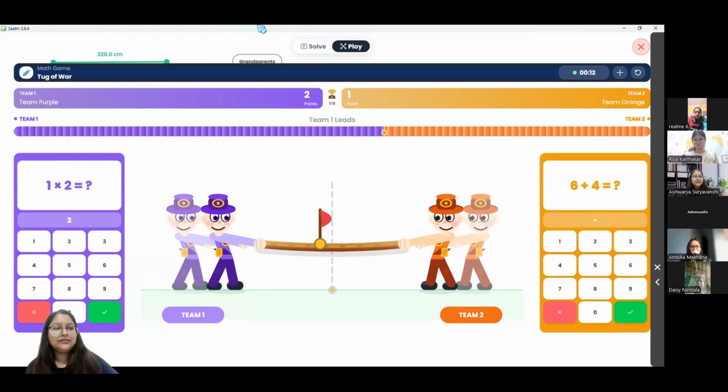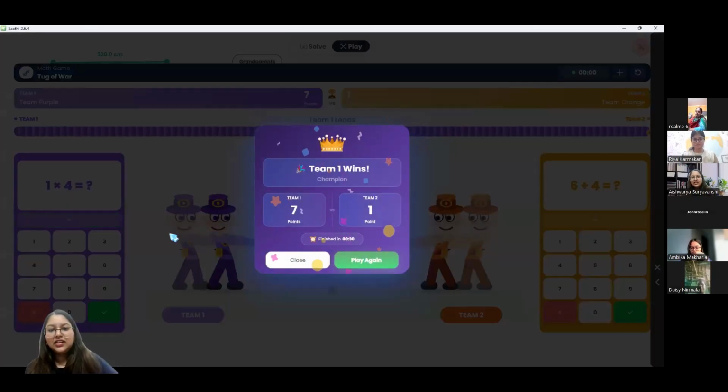You can see here. This way you will be able to win the calculator game. Okay, so you can play it again.